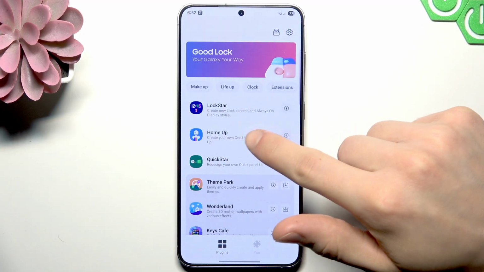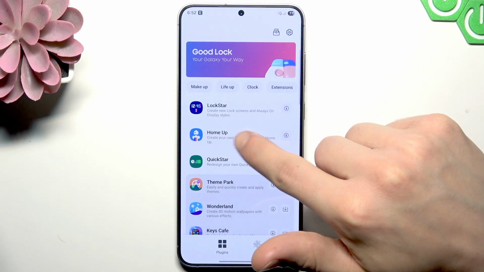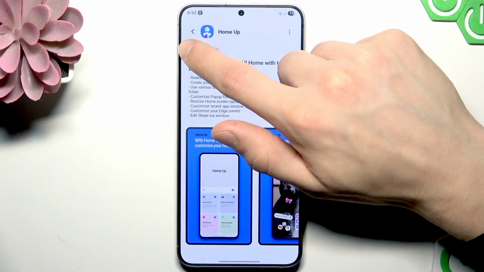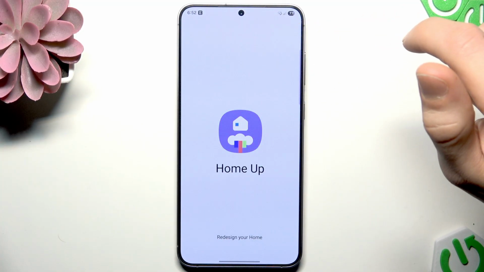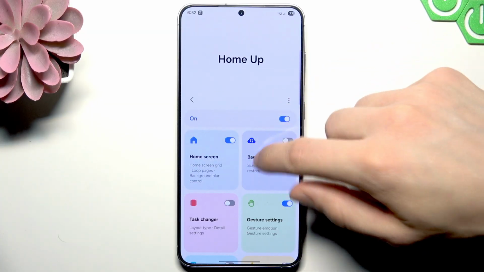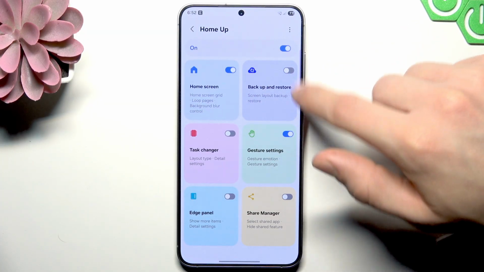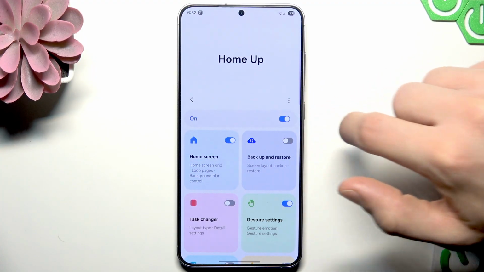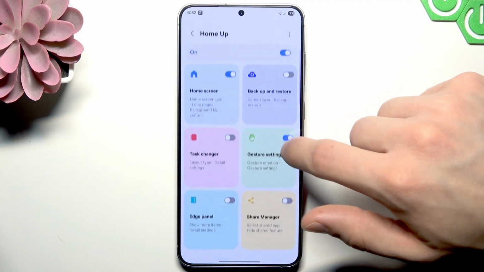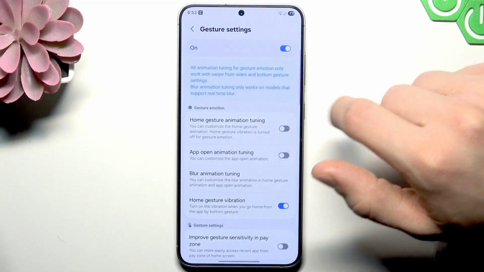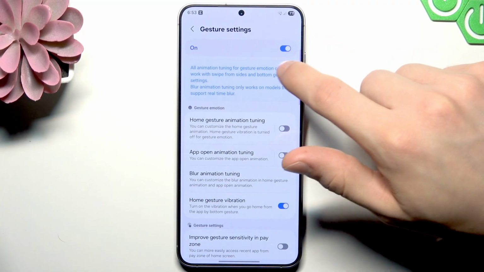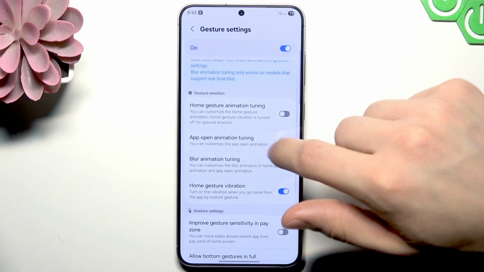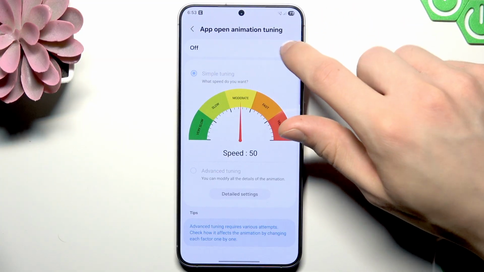and then we're gonna have to find and download the home app extension in this app. So download and install it too, then open it, then enable gesture settings. Of course, before everything else, enable the home app extension by switching the toggle to the right next to on. Then go to gesture settings, enable them, and then go to app open animation tuning, switch